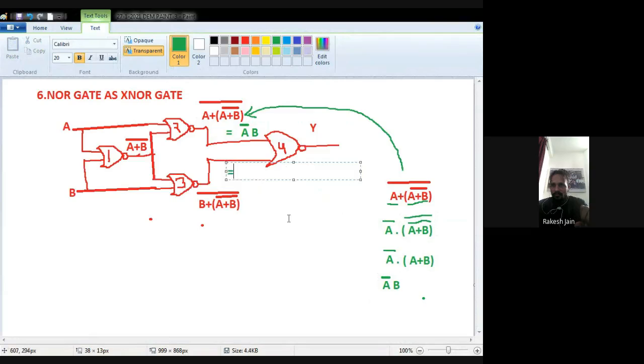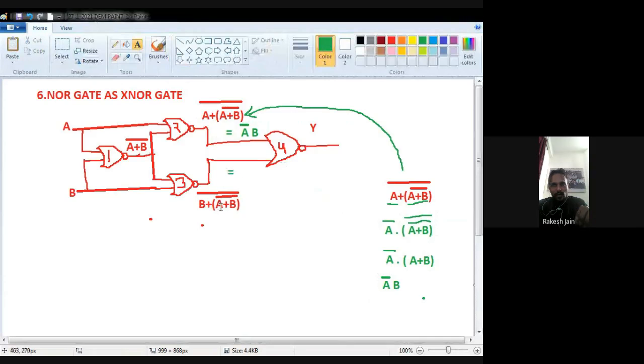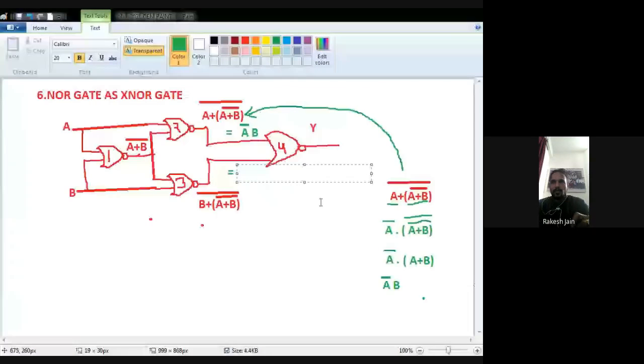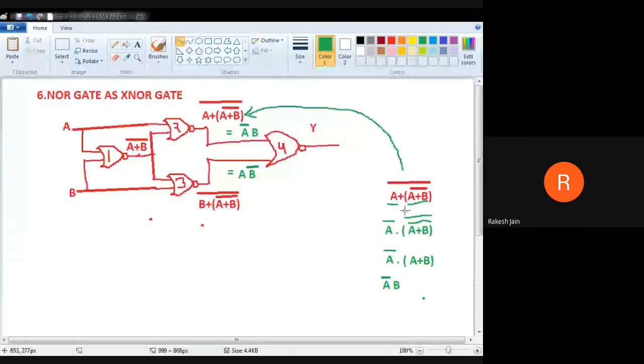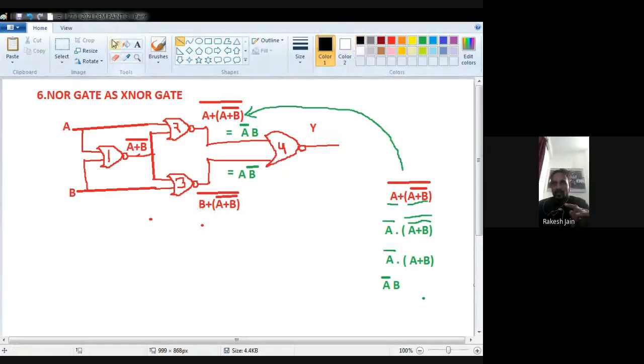So this will be one input of this fourth NOR gate, because this A plus B bar having a total bar will be equal to A bar B. So one input of the fourth NOR gate is A bar B. Similarly, with the realization of B plus A plus B having a bar, a total bar, we will find out B bar A, or we can say AB bar, and total bar we will simplify it into A bar B. Similar to that, this second one, which I mentioned with this black color here, this B plus A plus B bar having a total bar, we will simplify it, then we will find out AB bar.